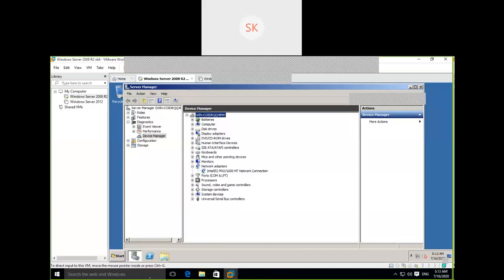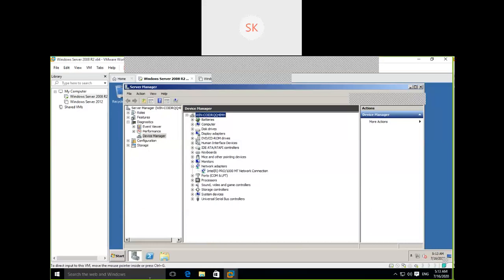Similarly, all drivers are nothing but software for the respective hardware component. It could be network, it could be display driver, it could be anything. So if you find any yellow mark in Device Manager, it means we check whether the components connected to the system have a proper driver installed or not.